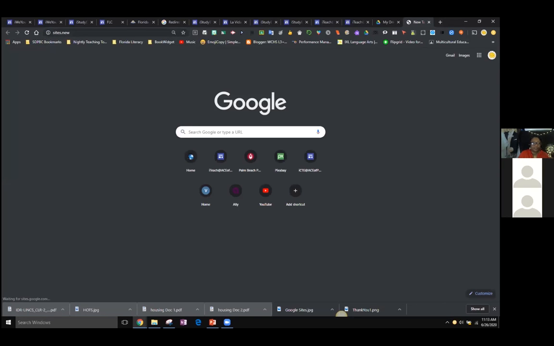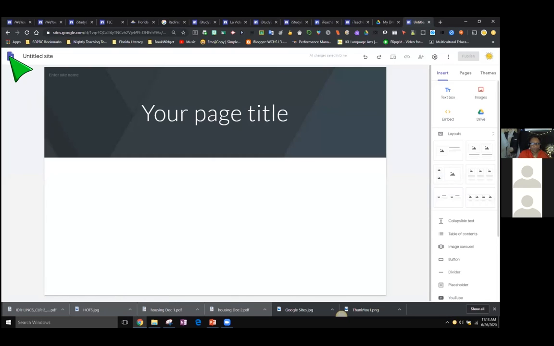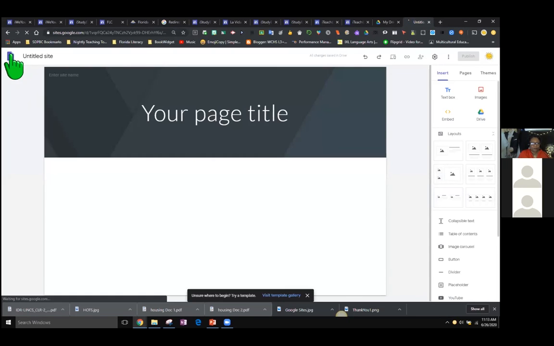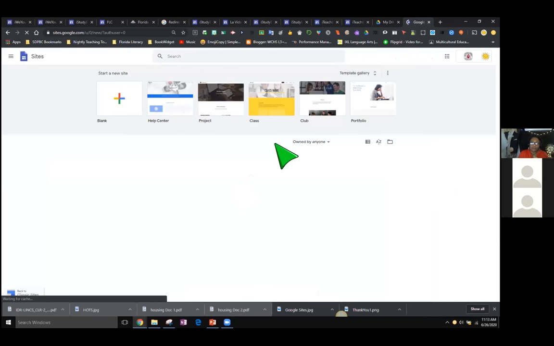When you do sites.new, all you need to do is click on the icon, and it will take you into the library of all sites that you've ever created. Actually, I'm glad I'm doing this because I did mention that they had templates, and the templates are in here.